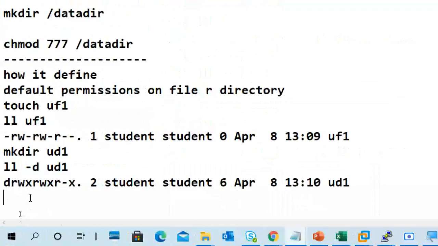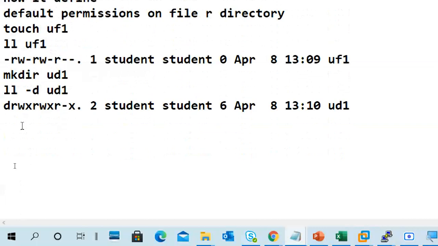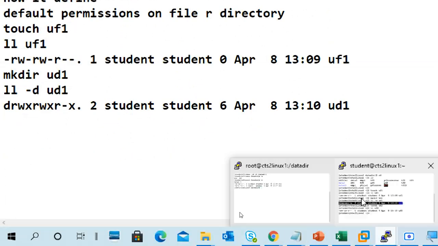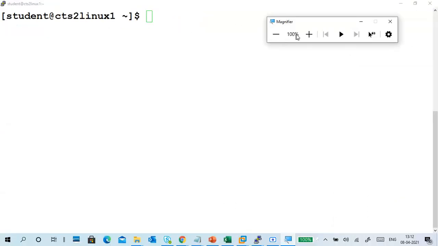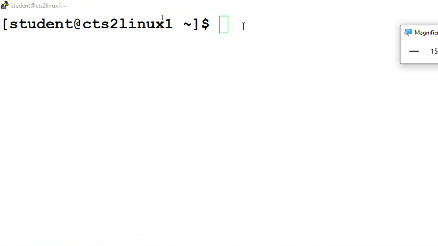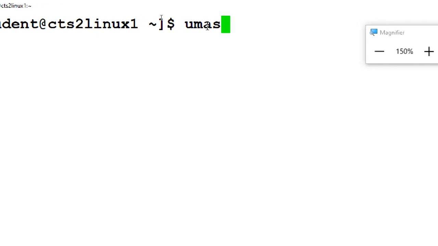Okay, so how it is defined, I will show you. Because there is confusion, we need more visibility. The command is umask.